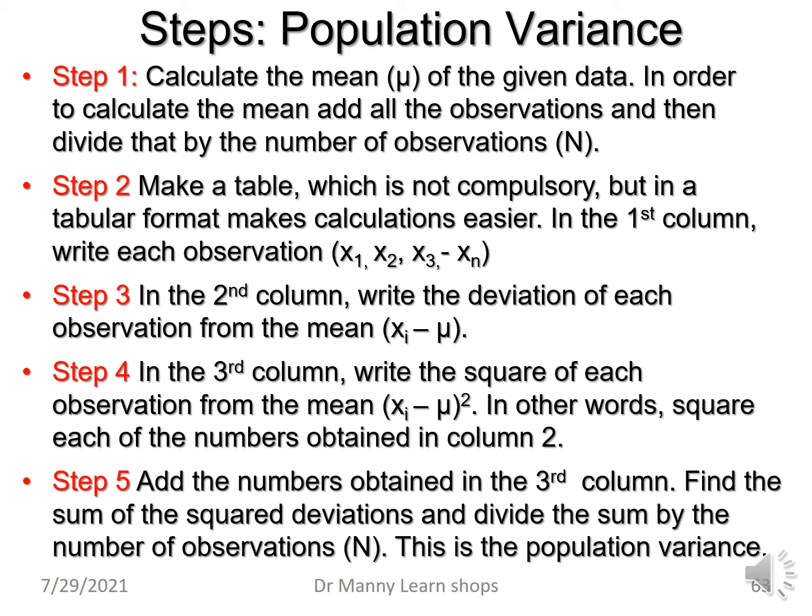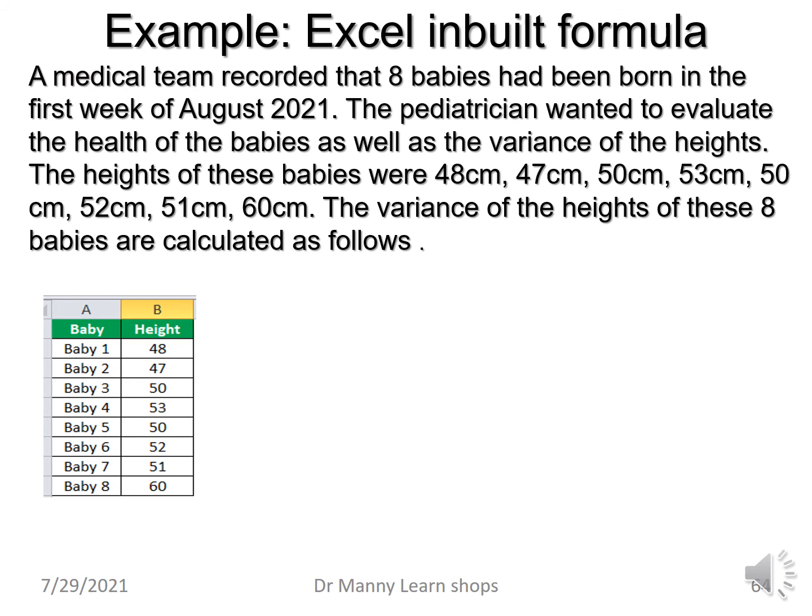In other words, square each of the numbers obtained in column 2. Step 5. Add the numbers obtained in the third column and find the sum of the squared observations and divide the sum by the number of observations. This is the population variance. Sounds complicated, but it isn't really. So if we have a look at it,